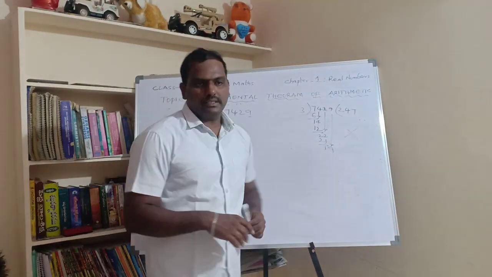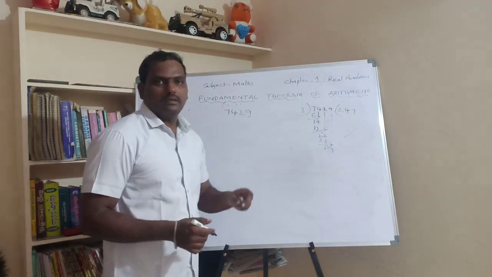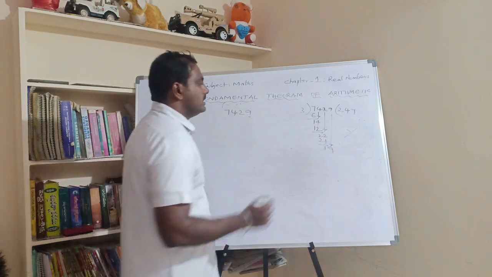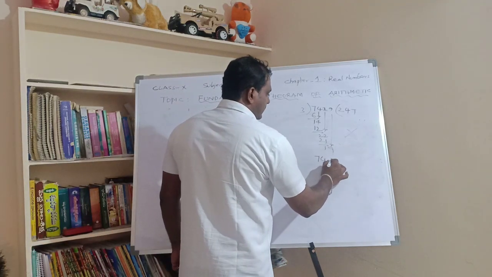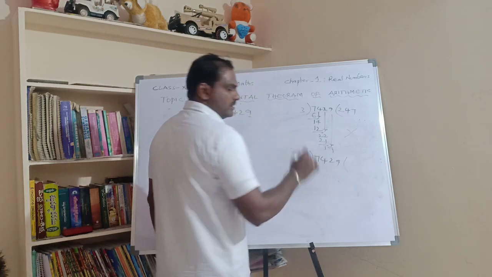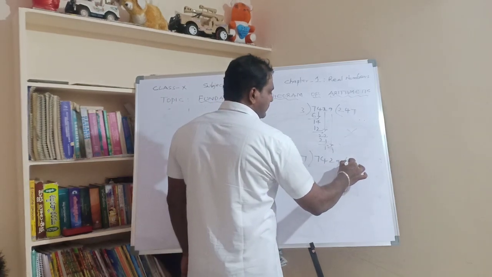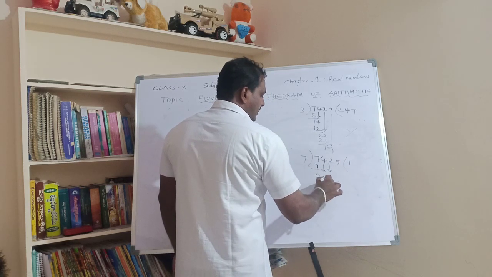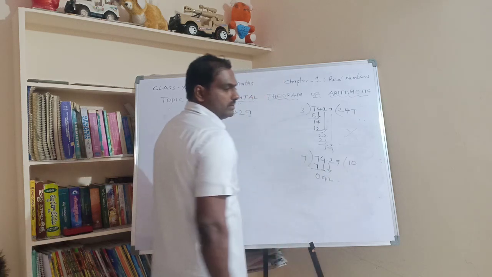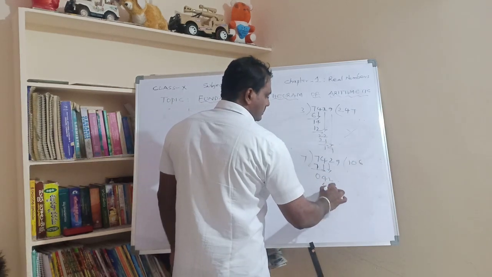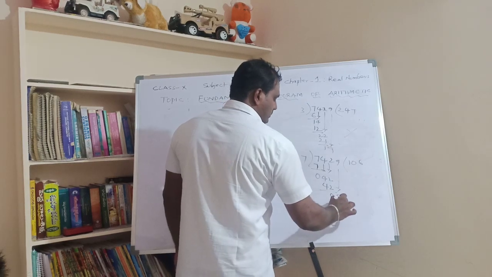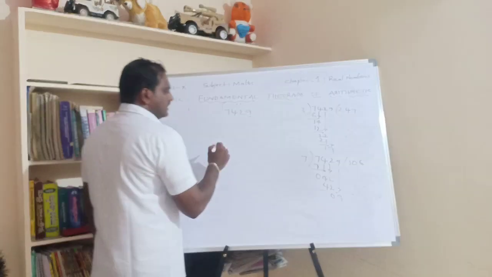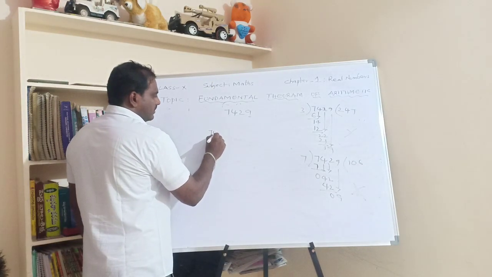So since it is not divisible by 3, then we can check for one more number. What is that number? We can't go for 5. We can go for 7. 7429 divided with 7. So look at the 7 table. 7 1s are 7. Remainder is 0. 42. When I am taking two numbers at a time, I should take 0. So 7 6s are 42, and it is 9. So remainder, it is also not possible. Then once 7 is not there, then we have to go for one more prime number.